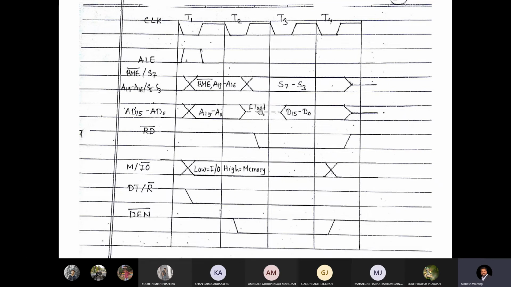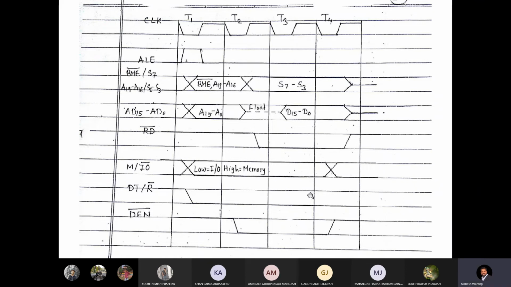ठीक है, and write में we do not have float because immediately we will transfer because we know what to write. जैसे एड्रेस मिलेगा लोकेशन में आप फटाक से डेटा लिख देंगे। अंडरस्टूड एवरीवन? यस सर। ठीक है, सो एज आई टोल्ड, मेमोरी रीड में चेंज किया, सिंपल, ये सब सेम रहेगा, इधर ये फ्लोट आएगा, इधर रीड बार आएगा, और ये DT/R बार लो हो जाएगा, सिंपल, फाइन।